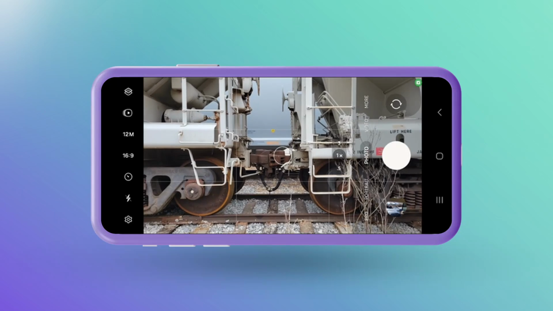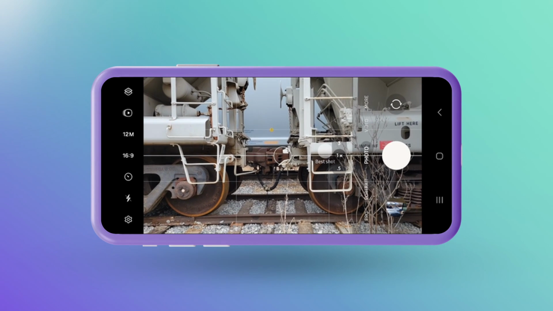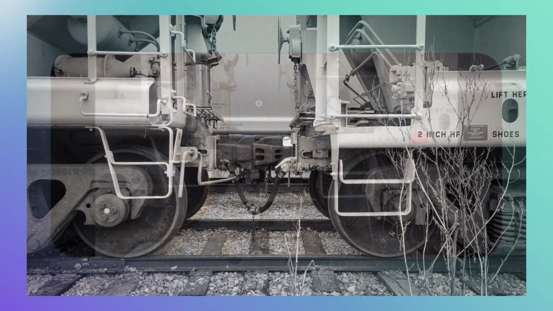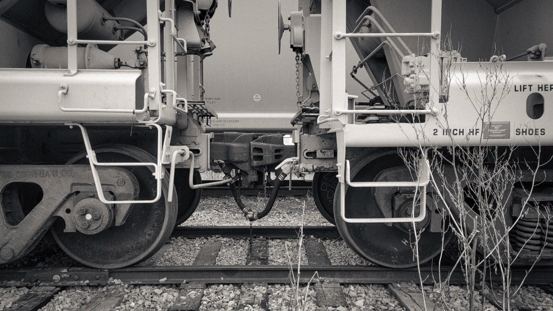This week, we're diving into the timeless art of black and white photography with your smartphone. Black and white images can draw attention to details often overlooked. In this lesson, you'll learn how to use light to your advantage, how to pick a good subject, and use your smartphone to edit for black and white.